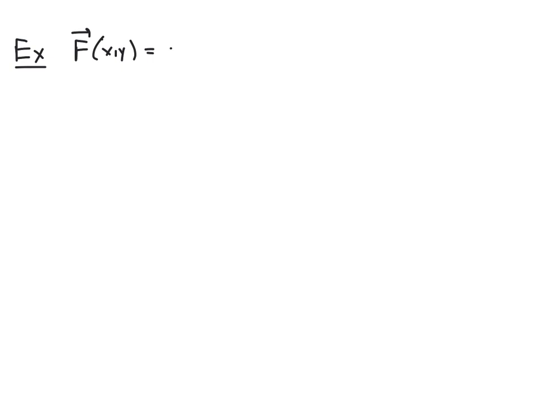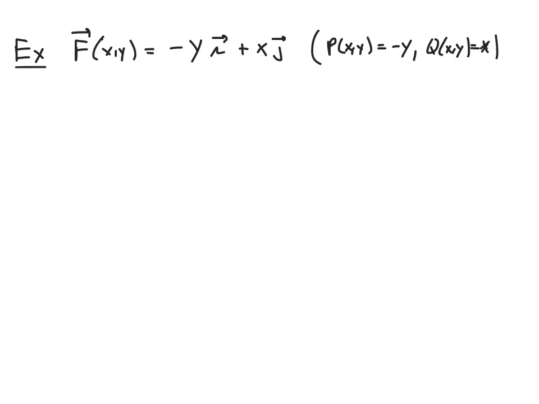And it will be given by the formula negative y i plus x j. And just to emphasize the notation here, we do have these two scalar fields. P of x, y is, in this case, negative y, and Q of x, y is equal to x. Right, so when we use these scalar fields, we're just looking at the functions that are the components of our vector field. So if we want to draw this vector field graphically and represent it as vectors in the plane,